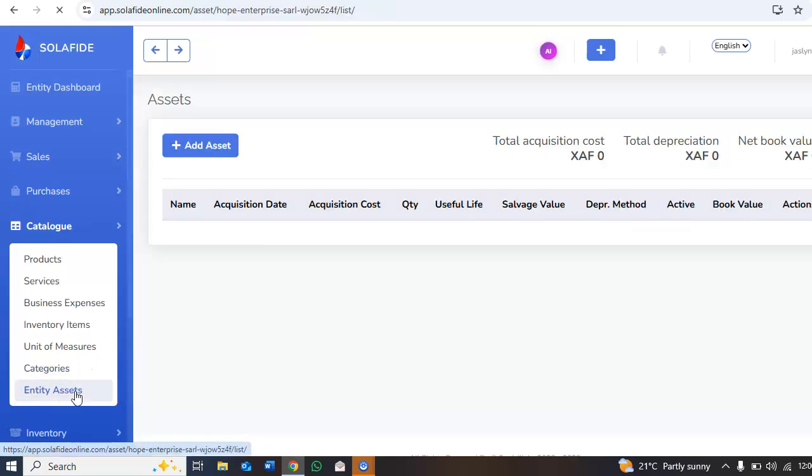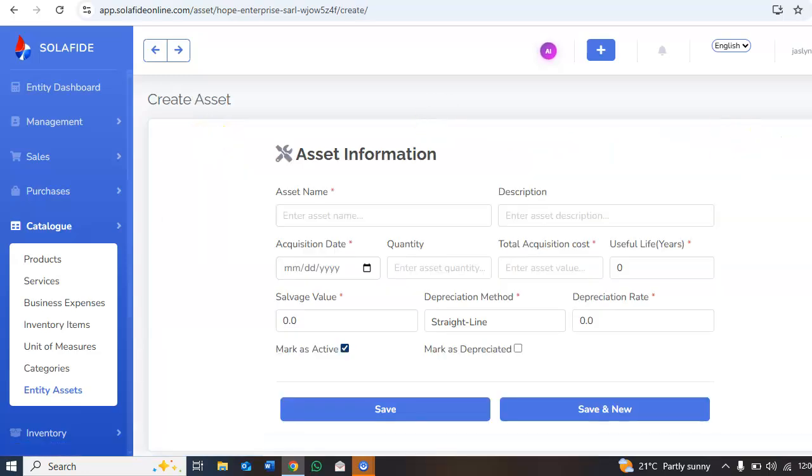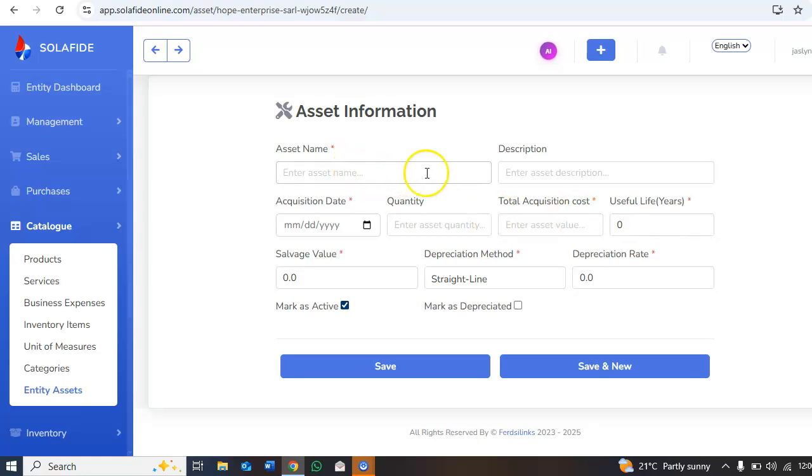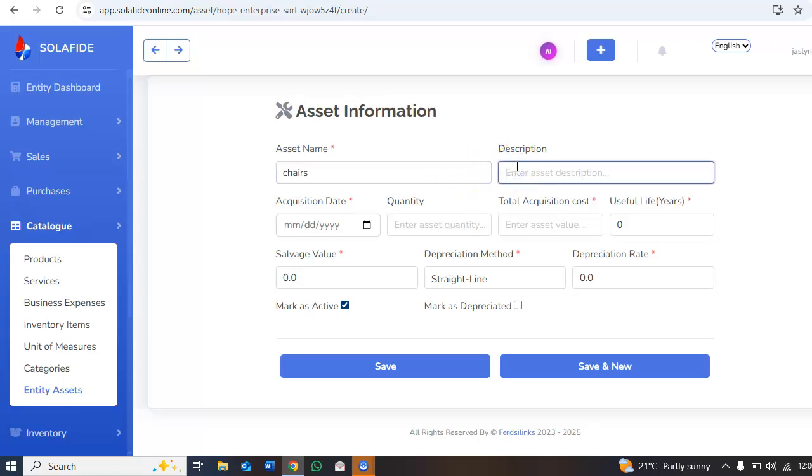Now we'll come to entities, assets, which is the last aspect under the catalog. Now this one deals with the assets that your entity has. So asset name, description, acquisition date, quantity, total acquisition cost, useful life, salvage value, depreciation method, depreciation rate. So let's say our asset here is chairs. For example, asset description is not really necessary. Acquisition date, the month, let's say on the 01st, on the date, let's say on the 12th, the year